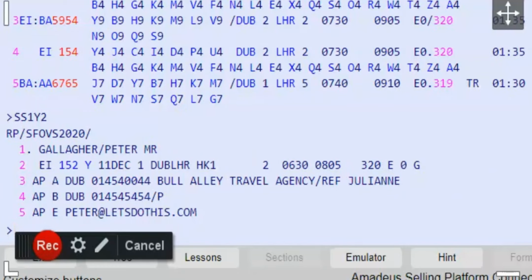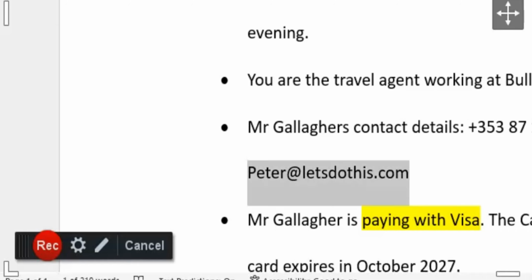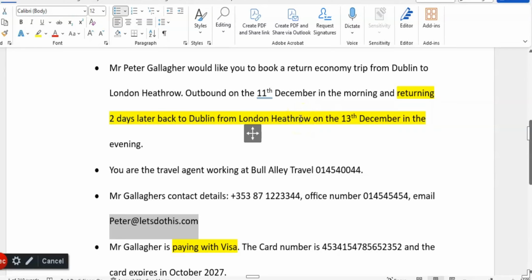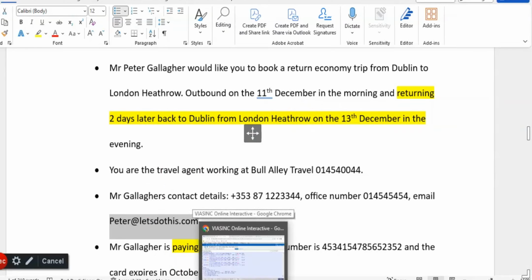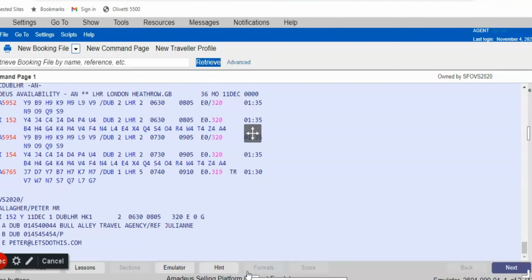So the new part now is the return flight. Now you can do exactly the same, availability, neutral, and instead of 11, you put 13 because that's your return date. So 2 days later, back to Dublin from London on the 13th. So you can type in availability neutral 13 December LHRDUB, but there's a really great fast way of doing it, which is